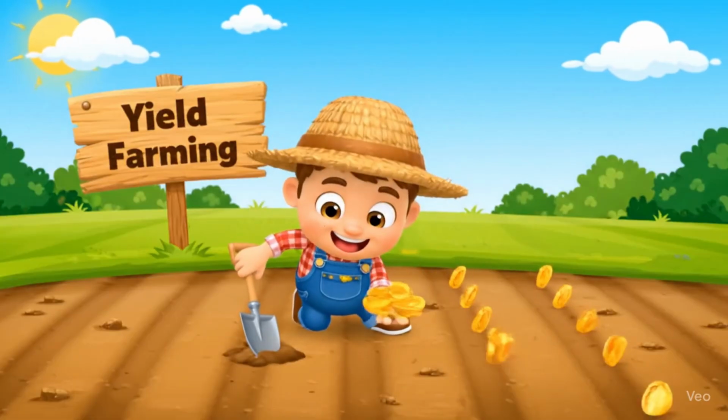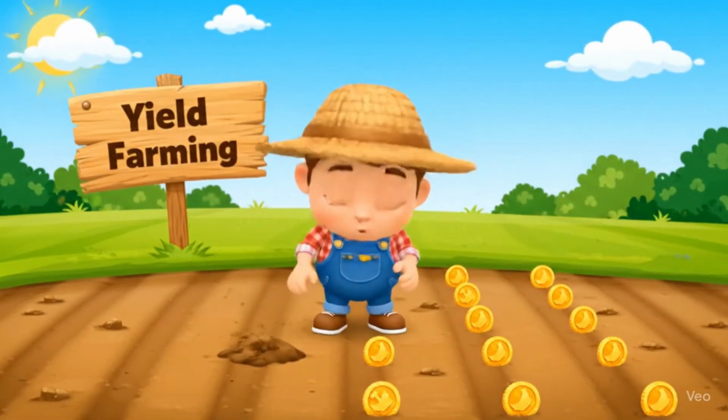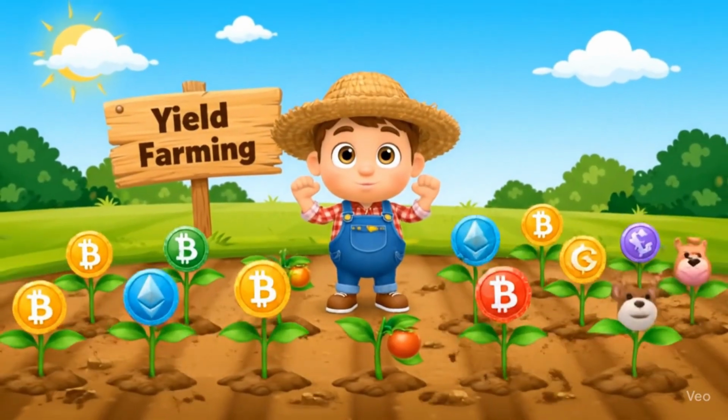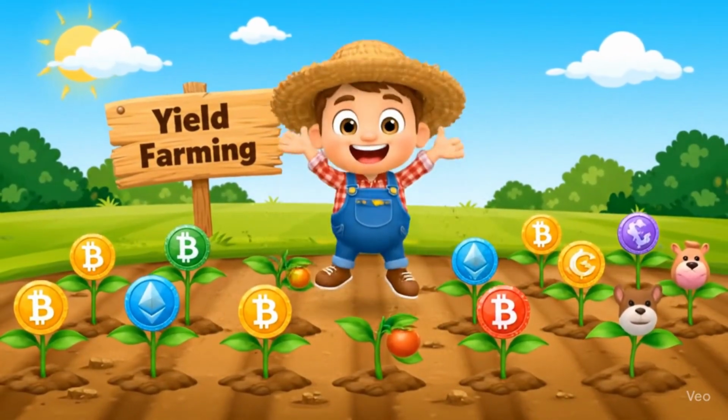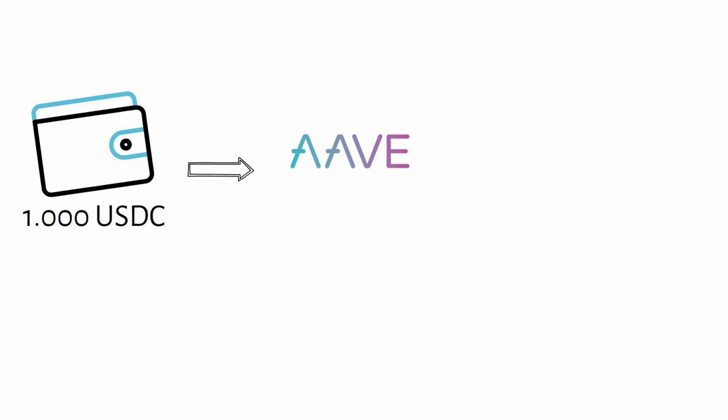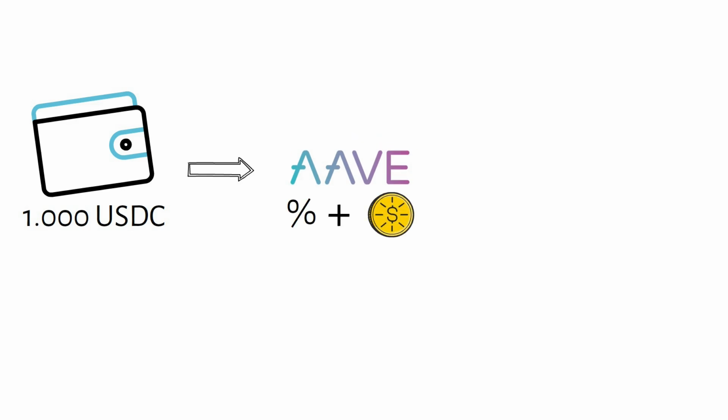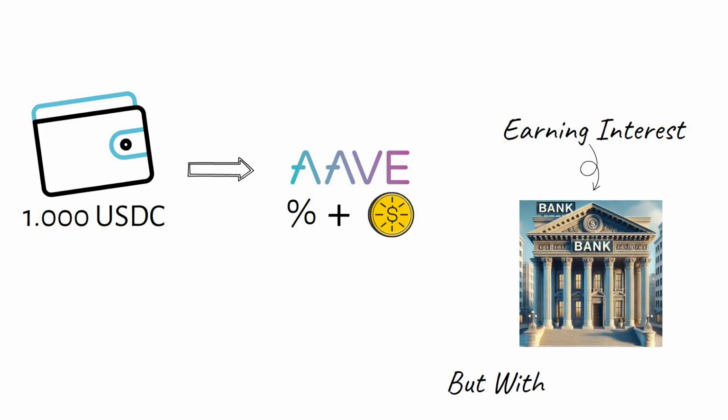All right, let's talk about something called yield farming, also known as liquidity mining. Sounds fancy, but here's what it really means. Imagine you've got some crypto sitting in your wallet. Instead of just holding it, you can put it to work by lending it out or adding it to special pools on DeFi apps. In return, you earn rewards, kind of like earning interest at a bank, but often with